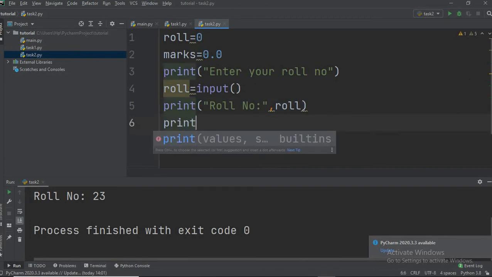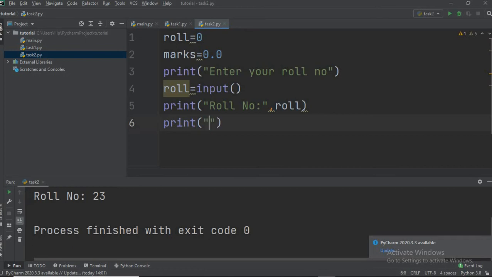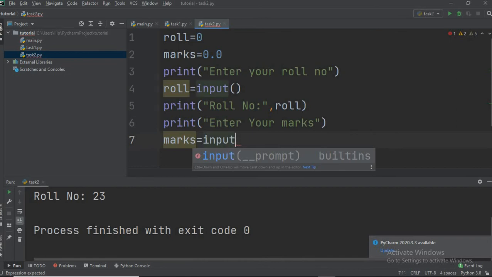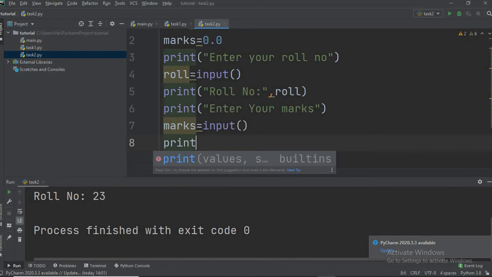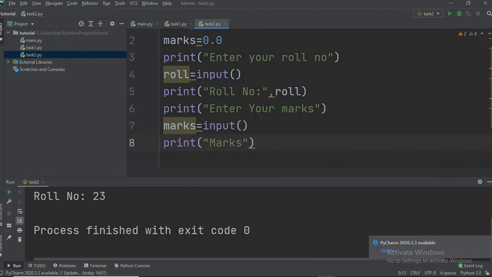Print "enter your marks", and again now we are going to input marks, like this, and then print the marks. Okay,